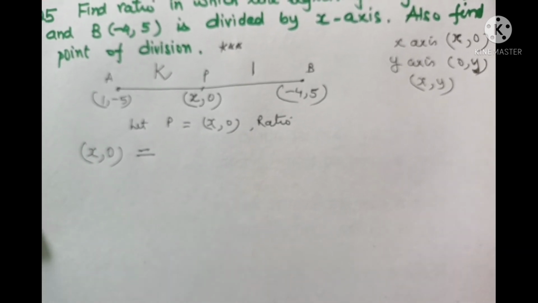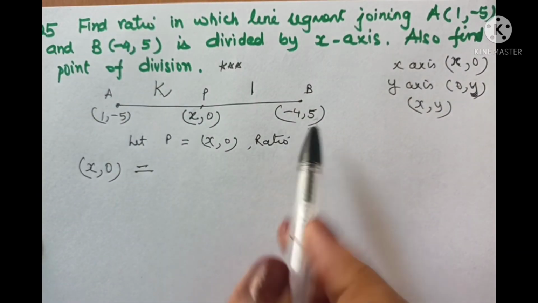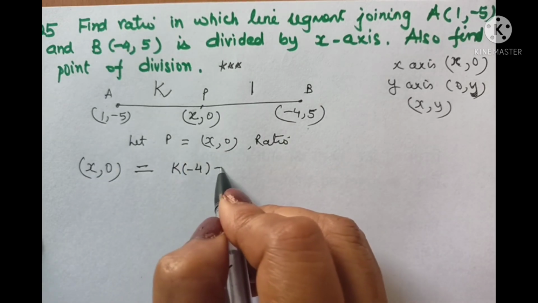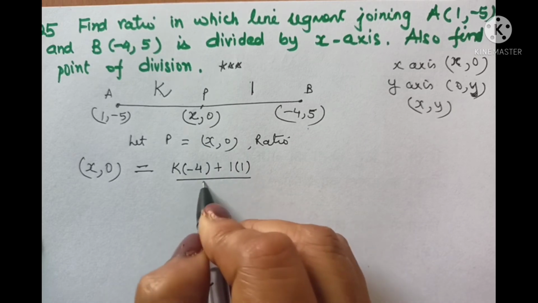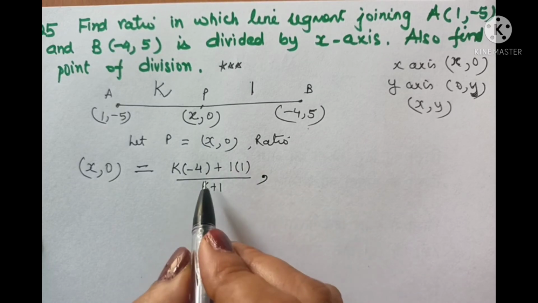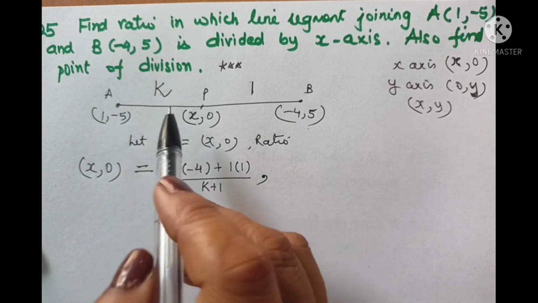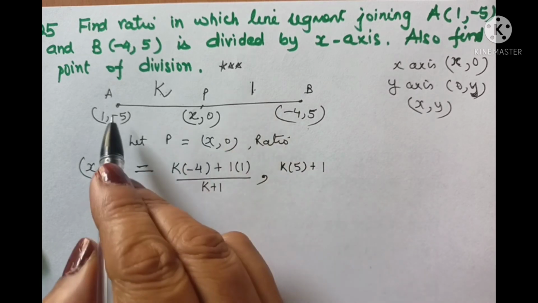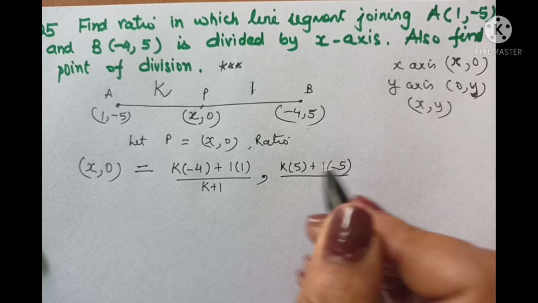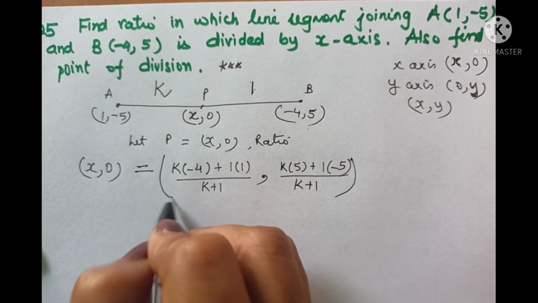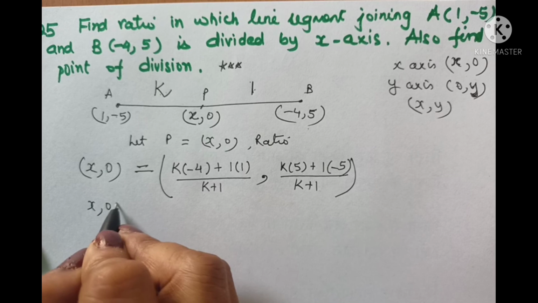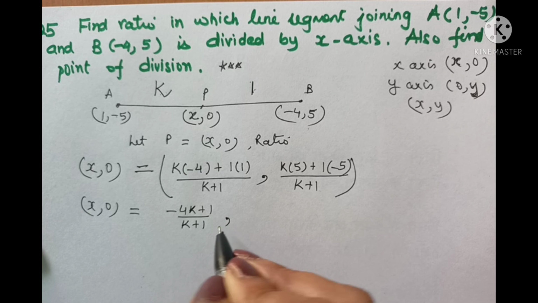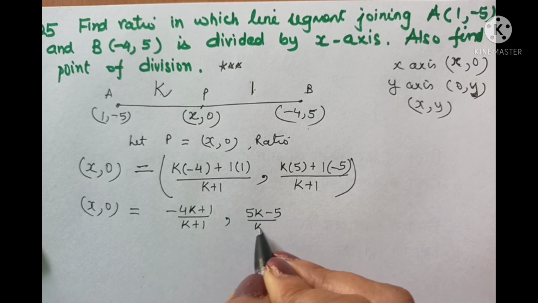Alright. So this gives me k into minus 4. x के टाइम पे सिर्फ x पे फोकस रखो. 1 into 1 plus 1 into 1 divided by k plus 1. आप एक स्टेप में भी सीधा -4 k भी लिख सकते हो, मैंने एक्सप्लेन करने के लिए ऐसे लिखा. Now k into 5, y coordinate लिखने के लिए k into 5 plus 1 into -5 cross multiply करेंगे आप upon k plus 1. So this is how I have written the formula. It's very easy. Let us solve it a little. I get minus 4k plus 1 upon k plus 1, comma 5k minus 5 upon k plus 1.